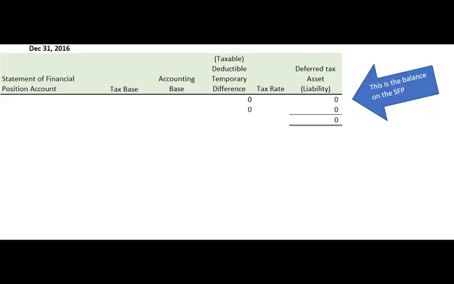Okay, so we're going to jump in. I've set this up in Excel just because it's nice and easy for you to read and to see what's going on. We're still using problem 18-6 in the textbook, Stephen Corp. And right now I'm looking at the second piece of information. This is where it says the carrying amount of the company's property, plant, and equipment at January 1st, 2017 was